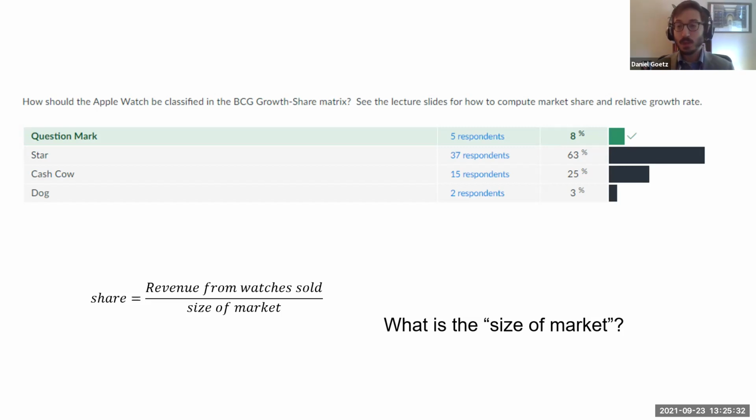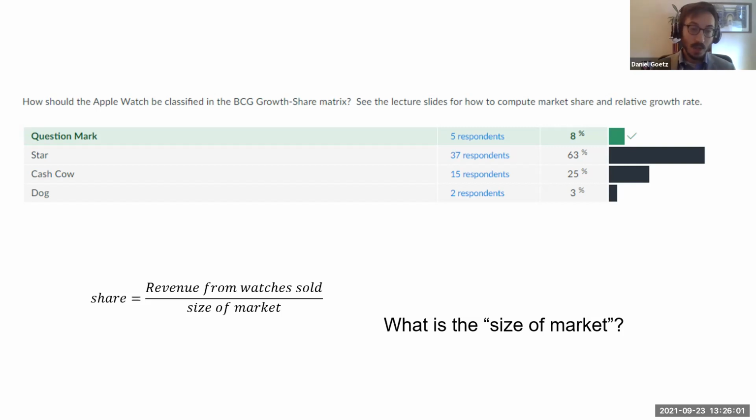But yeah, this has been really good. We can see that with different definitions of the market, we have different classifications leading to different recommendations for what to do. Is there a correct definition of the market? Not really. You need to decide, based on the information that you have, what you think the size of the market should be, right?